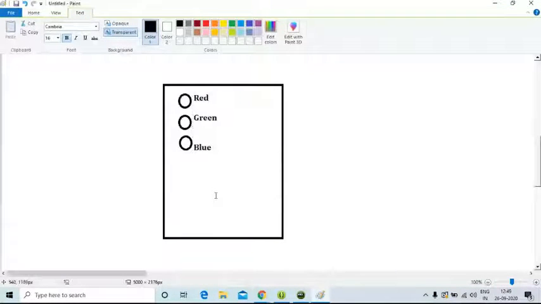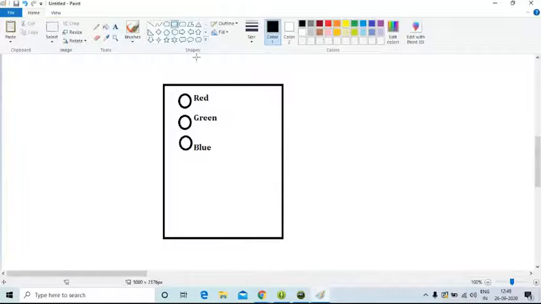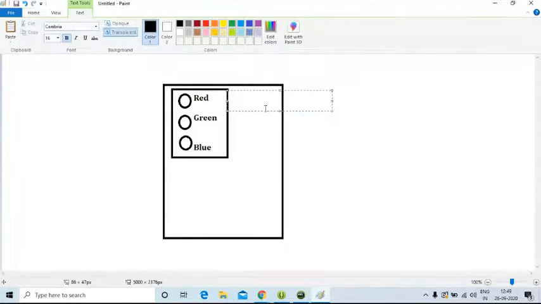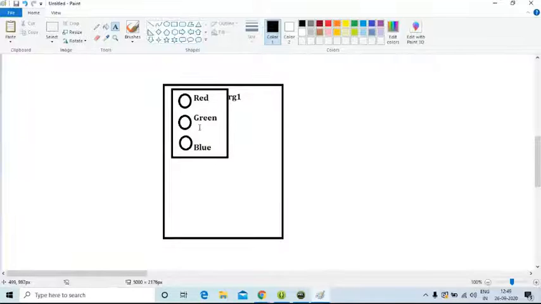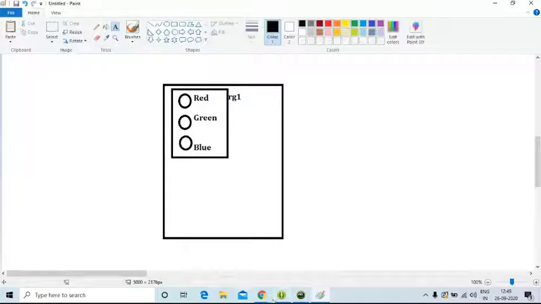Text. For this, I have given the IDs, as this entire thing is a radio group. I have given the name RG1. RG1 means radio group 1. In this radio group 1, I have taken 3 radio buttons: red radio button, green radio button, and blue. For red I have given R1. You can give R1 or anything red. Otherwise, I will see in the application and give the name. Okay. I will explain how to take this.